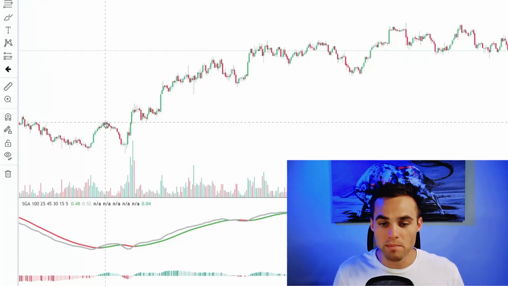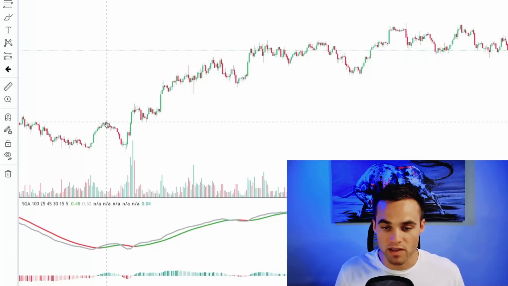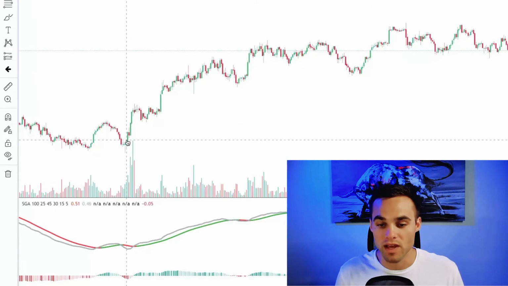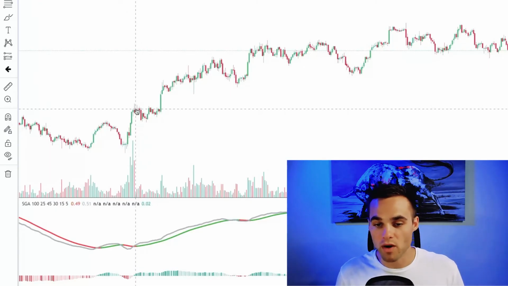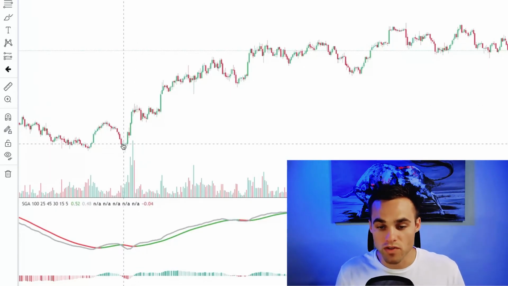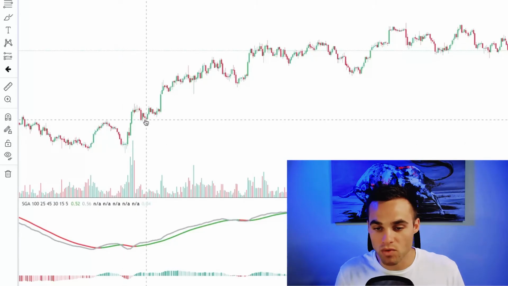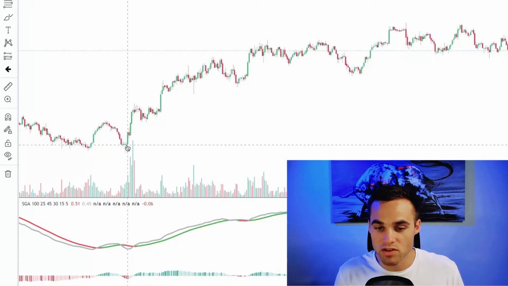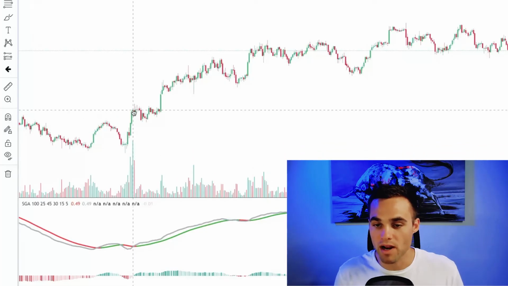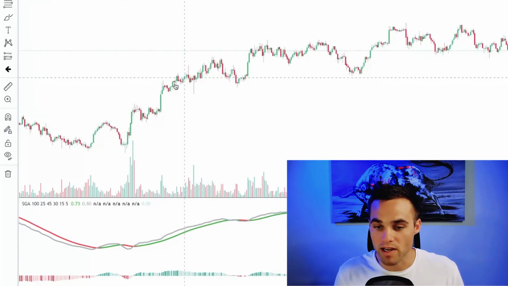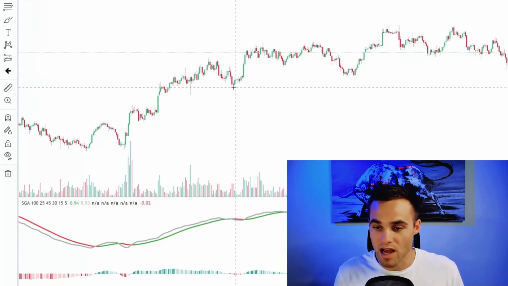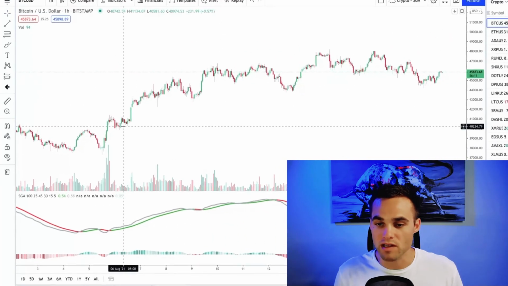Okay. Now, what do we mean by higher highs? This means this was the previous high and this is the next high. This means that this is a higher high. Okay. And in an upward trending market, we're also going to see higher lows. So this was the low, and then the next low was right here, right? So there's a higher high, and there's also a higher low, okay? Coming up here, we also see it came up all the way to here. This is a higher high than the previous high, and then this is the low. This is a higher low than the previous low.